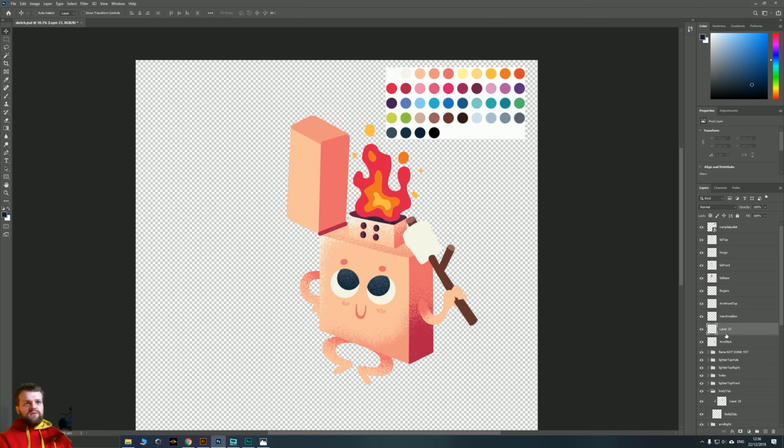Now the stick, I want a layer that has some shading, but also a layer that has some lines on it as well that we didn't do in the original one. So I'm just going to call this arm stick. We'll do our shading first of all. We'll go to our brush tool, make sure we're on the right shade of brown, which I think is this one. Yeah. And we'll go to the lighter shade and paint that guy in a bit,